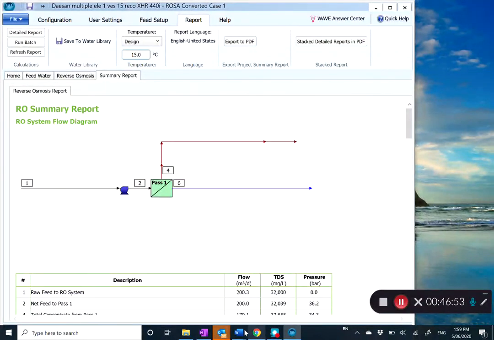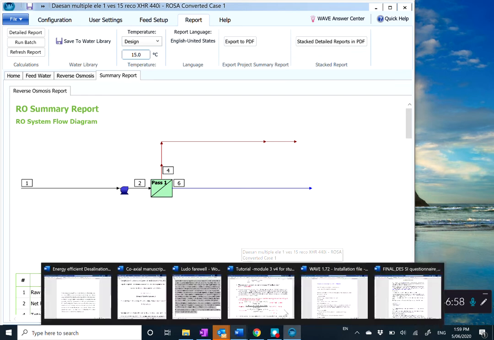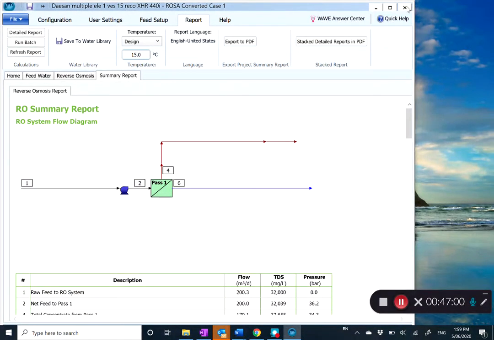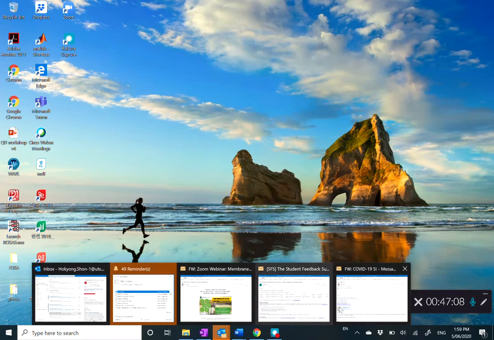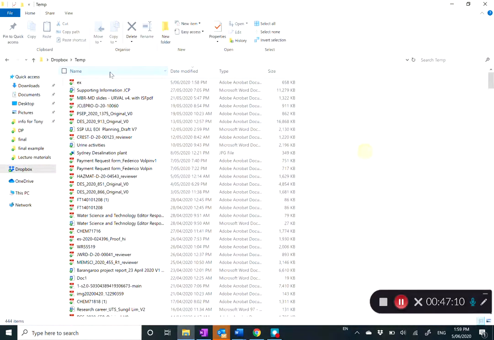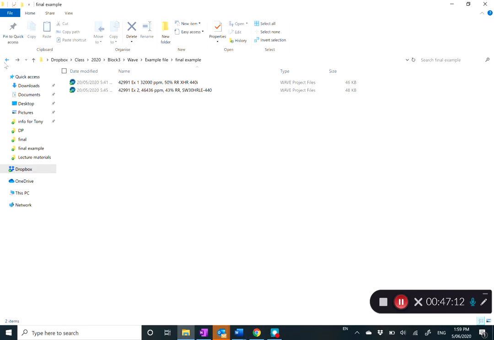Okay, this is the very simple example. I believe you can follow this simple step and then have a good experience designing your WAVE program. And then let's go for a little bit complicated design. So you can download this one from the